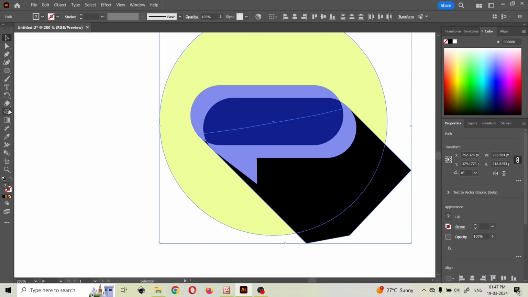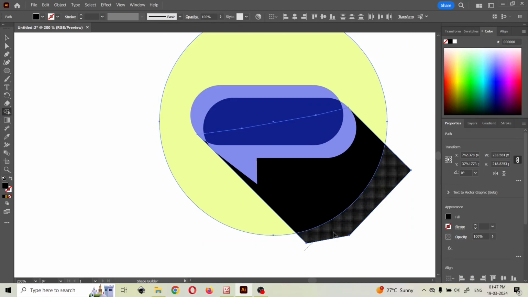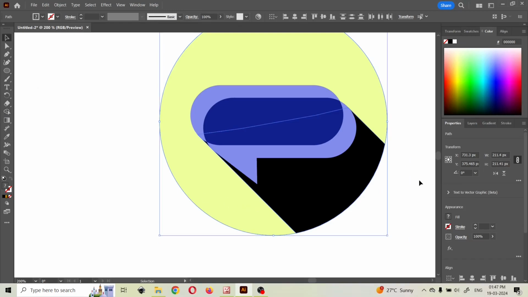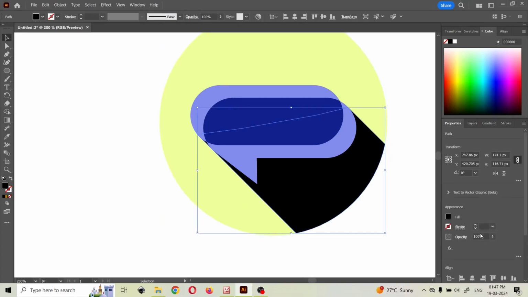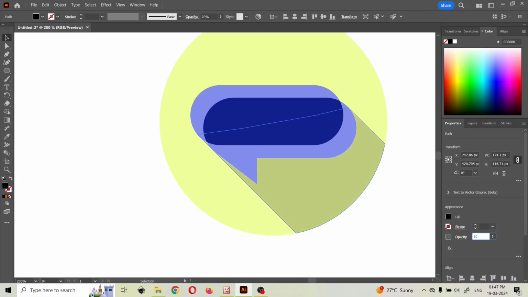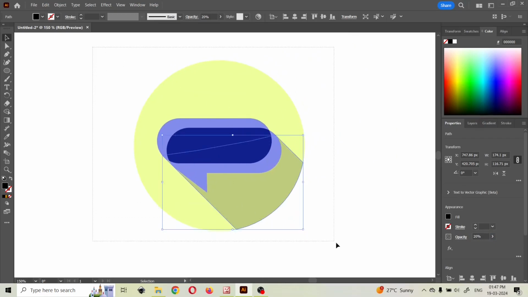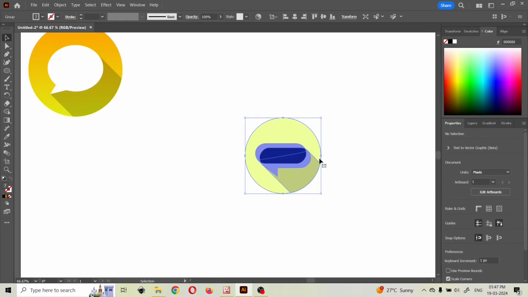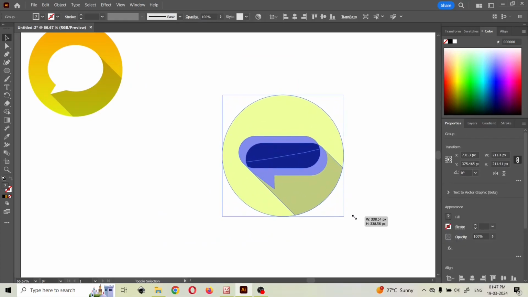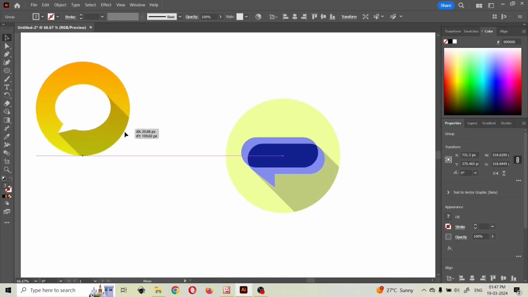Select the circle, shape builder again, press Alt, hold and drag, minus, press V again, just hold the shadow, reduce its opacity to 20%, press enter, and that's it. Your shape is ready. You can group it together, and that is the second icon. So these are the two icons that I have worked upon,